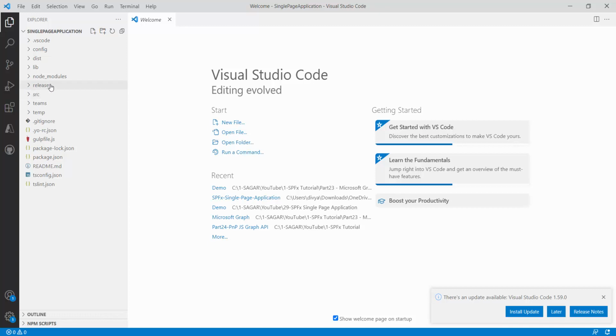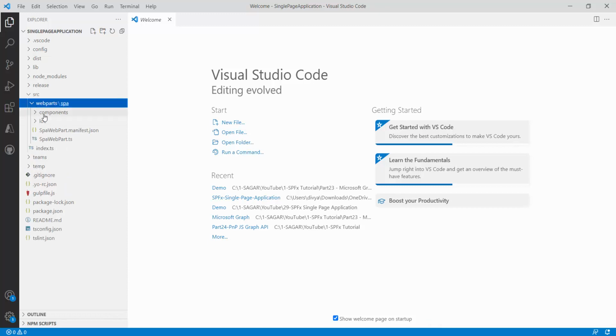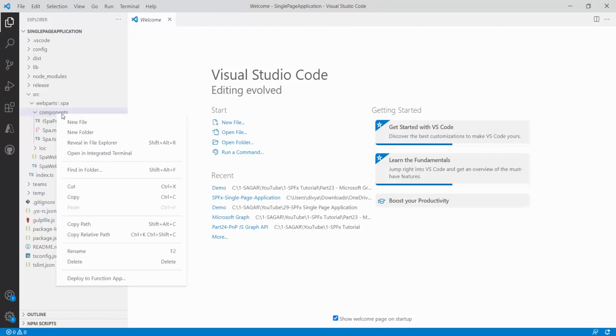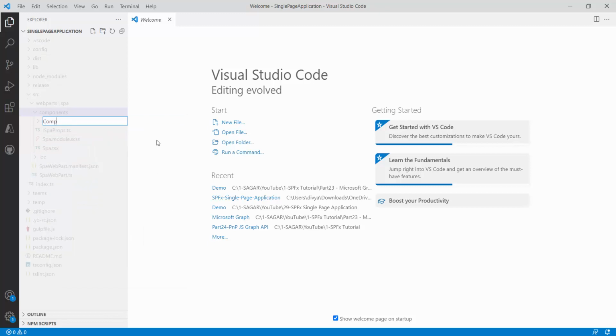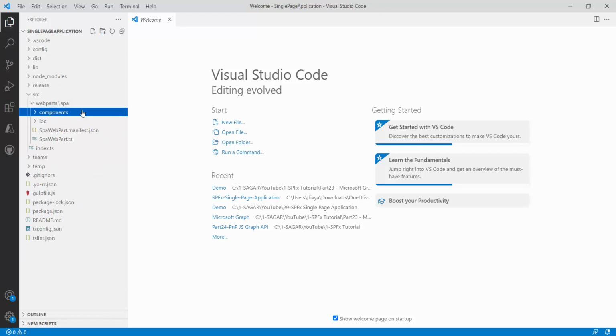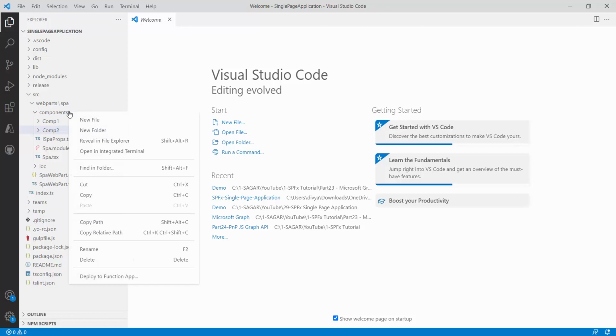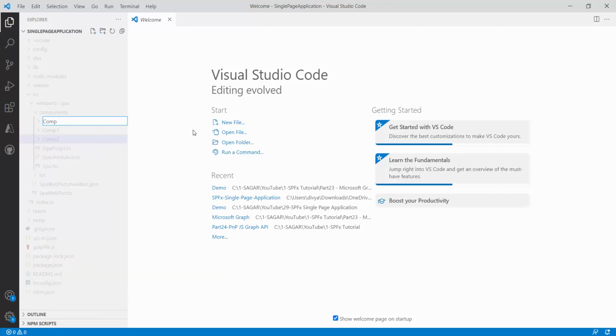As I told you, I will be loading 3-4 components on the same page. For that, let's create a few components. Over here by default I have a components folder, and inside that I can see this default component, but I will be creating 3 more components. So first of all, let's create a folder. I will call it comp1, like component 1, then another folder component 2, and now I will create another folder because I want to place my components in specific folders. So third will be component 3.